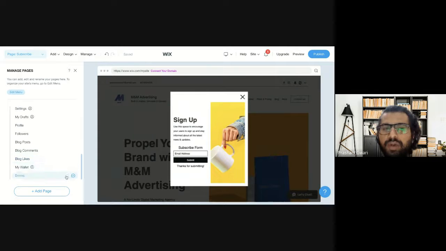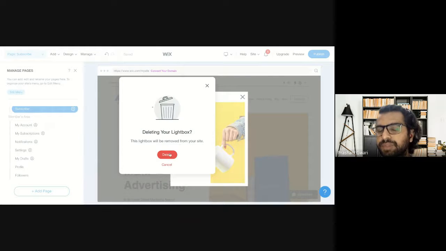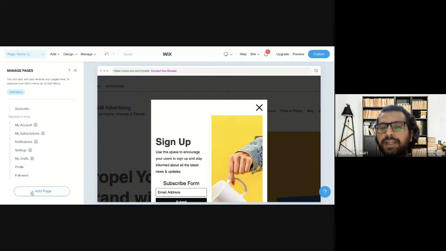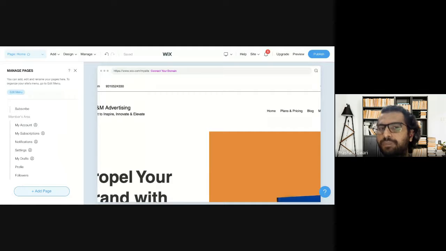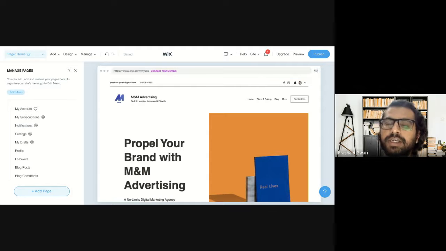So anything you want to add, you can add by clicking on the add page. Whether you want to add a page to your website or a lightbox to your website, you click on this section of add to page. Now every website page has different sections. On the home page we have added sections like header, footer, introduction, services, about us, Instagram, meet my team, or testimonial.